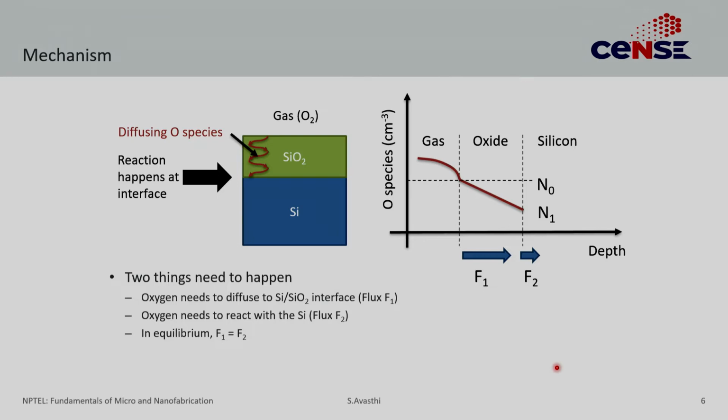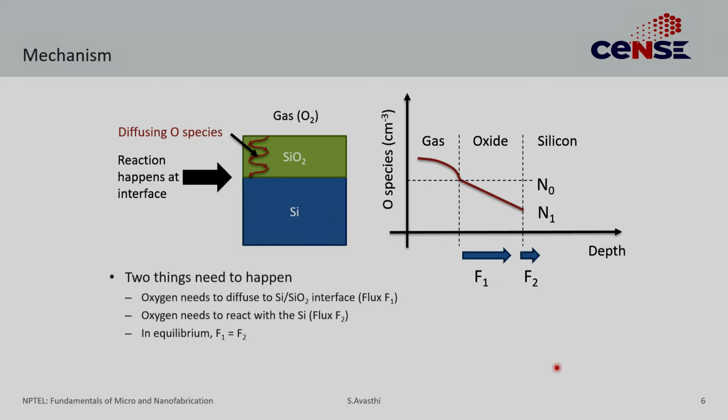So, all this discussion leads us into the mechanism of silicon oxide growth. Silicon dioxide growth mechanism is one of the most studied and well understood mechanisms, and the reason I would like to go into this in a little detail and a little slowly is because it's a very good case study of how such mechanism studies are done. So, if you understand silicon oxide growth, good, but more importantly try to appreciate the science behind it and how you can probably use some of these concepts in your own growth studies.